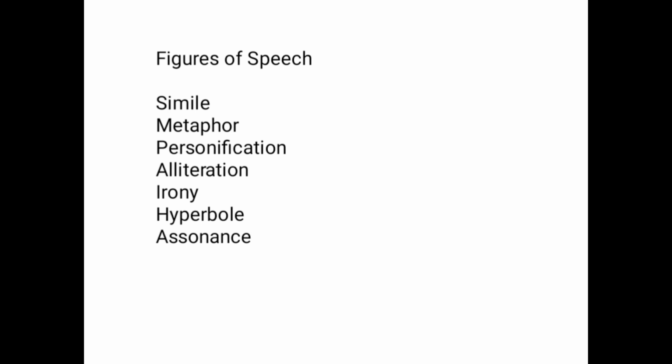So you're comparing the person to a snail, using the word "like" or "as." It's an indirect comparison, known as simile. We have things like as fast as a hare, as strong as a horse. All of these